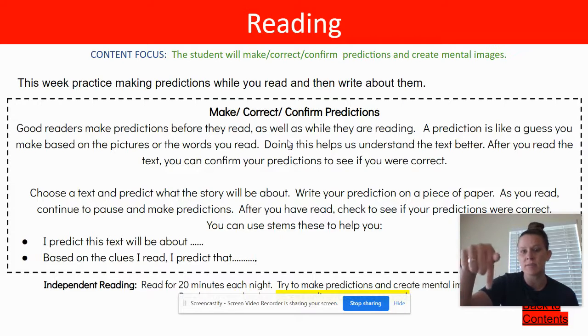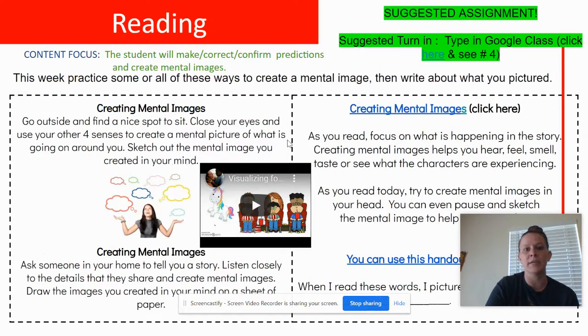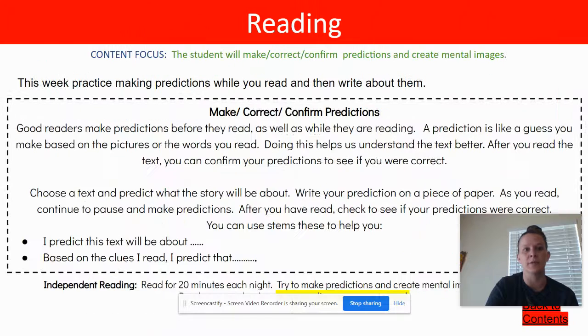So if I use my arrow down below and go over, it shows me that there are a couple before it goes into writing. This one is just going over what you're going to be working on this week. It does say on here to be making predictions. Okay, and remember, making predictions is using all the clues that are happening in my book to make a prediction or a guess of what's going to happen next. And remember, as I read on in my book, my predictions are going to change because I have more information. Okay, so it's okay if my prediction is wrong at first. Most of the time it is going to be a little off.